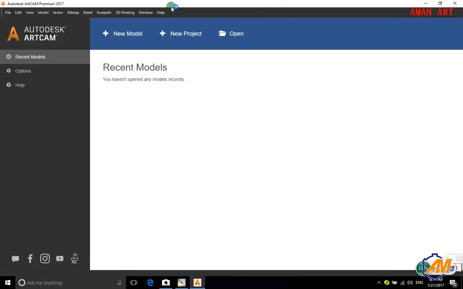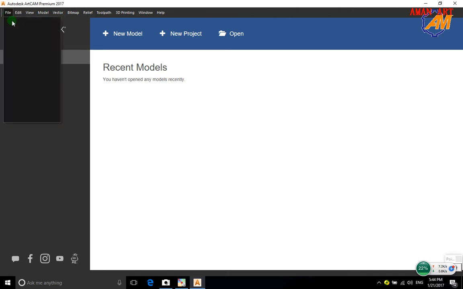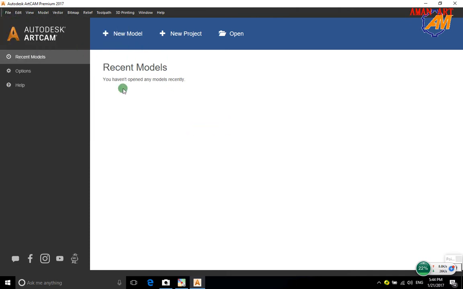Now we go to the main interface. This is the menu bar. We can finish the whole procedure from this menu bar. And at first we need to